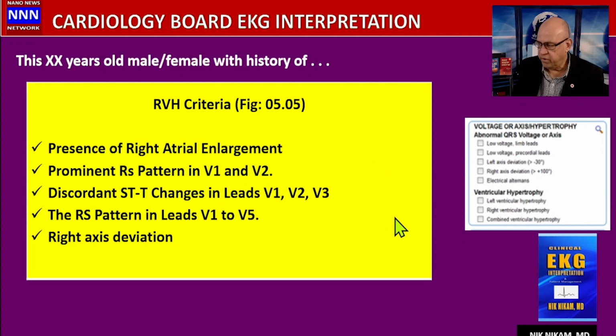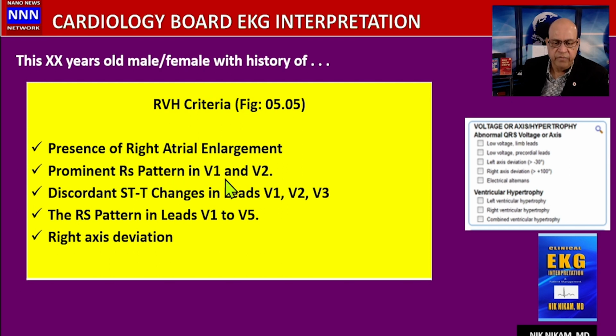Now we're going to move on to the next chapter here, that is ventricular hypertrophy. First, we're going to look at the criteria for right ventricular hypertrophy. Then we're going to look at criteria for left ventricular hypertrophy. The right ventricular hypertrophy criteria are presence of right atrial enlargement, prominent RS patterns like taller R wave and a